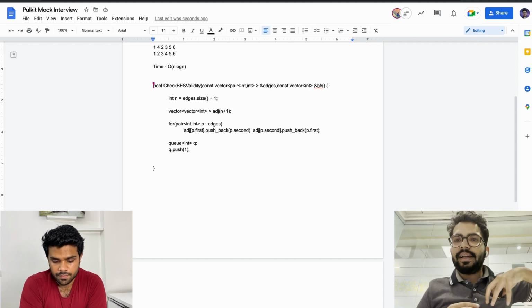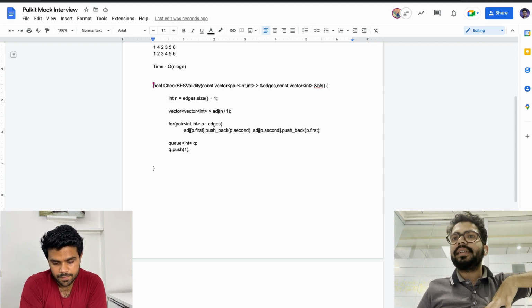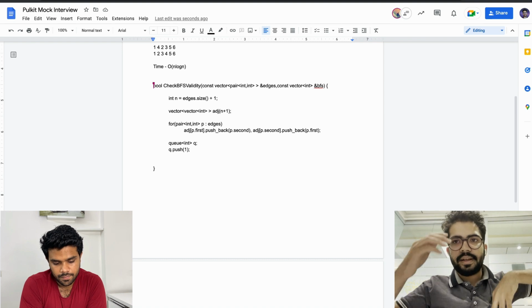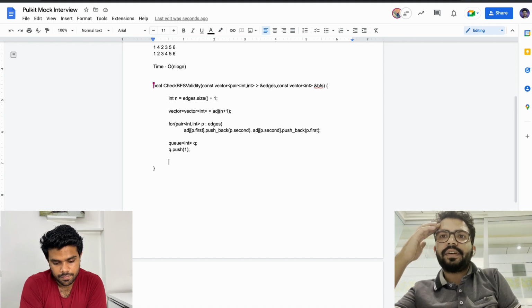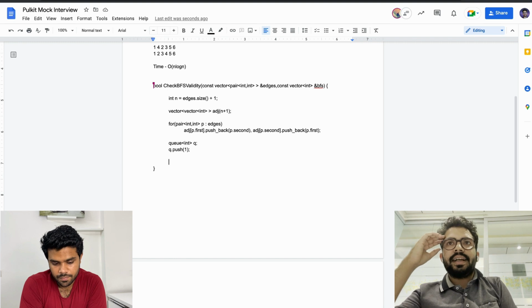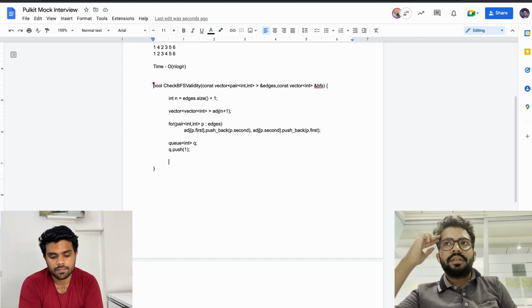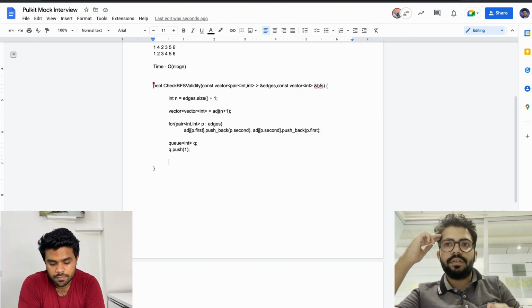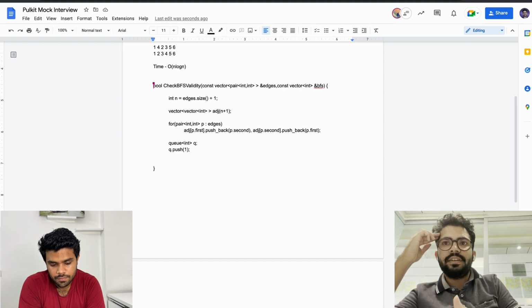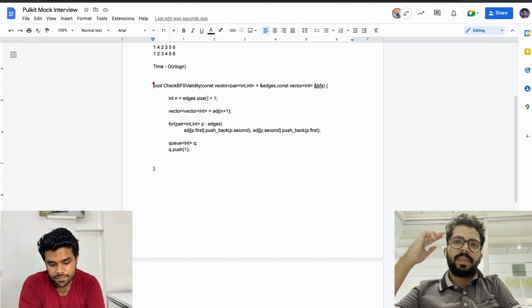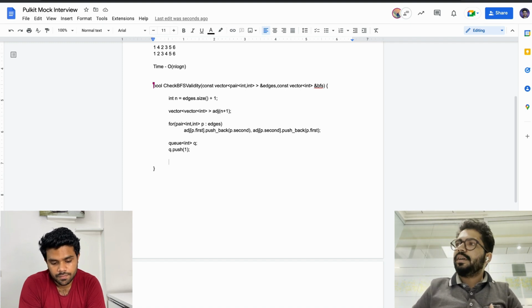Let's say I have 5 children, and I just need to find the index of the first among my children. If I know which child is coming first in the BFS order that you have given me, the next child will be just next to it, and the next child will be just next to it. Does this make sense? Yes. So it doesn't require sorting actually.